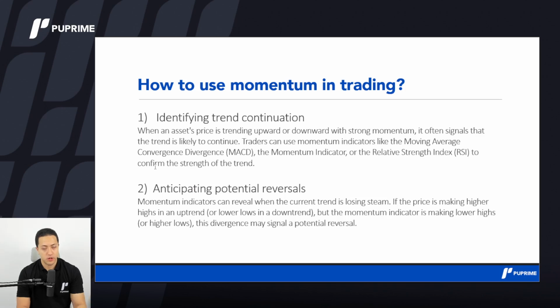MACD is a powerful indicator. They know that the RSI is a powerful indicator. They know that there is an indicator that's called momentum. They know that those indicators are powerful. So they just open on their chart all of those indicators, and they actually think that if they have, let's say, a sell signal on the three of them, this confirms that actually prices will go lower.